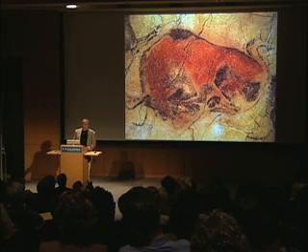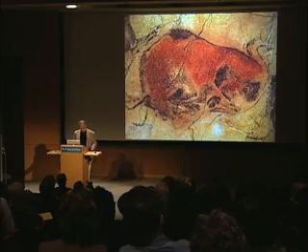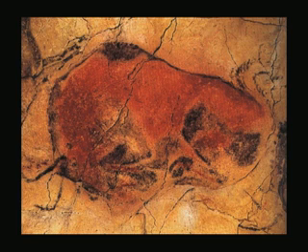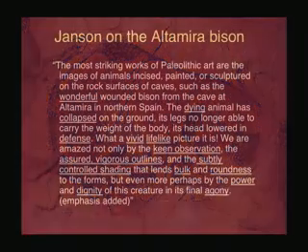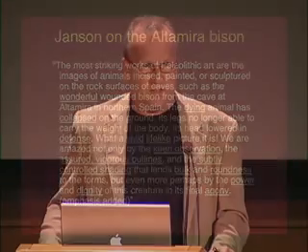Just an example from Jansen. I always pick on poor Jansen. I should probably pick on living people because they can stand up for themselves. But Jansen spent a page and a half, well, you know his book, writing about Altamira. And this is a very famous image from Altamira that he wrote about, using terms like wonderful wounded bison, dying animal, collapsed on the ground, vivid, lifelike, keen observation, assured vigorous outlines, subtly controlled shading, bulk and roundness, power, dignity, agony. This is a 13,000-year-old painting